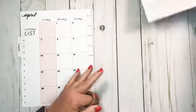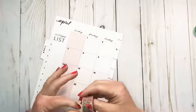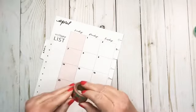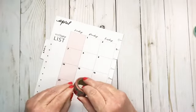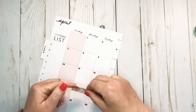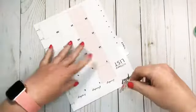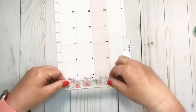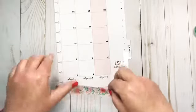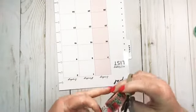So I'm going to pull this one to the side. This is my problem by not pre-planning, is I sit down and I have one idea when I pull washi out, and then it actually ends up being something entirely different when I'm finished. So all I'm going to do right now is basically measure my space here, and I'm going to just cut my